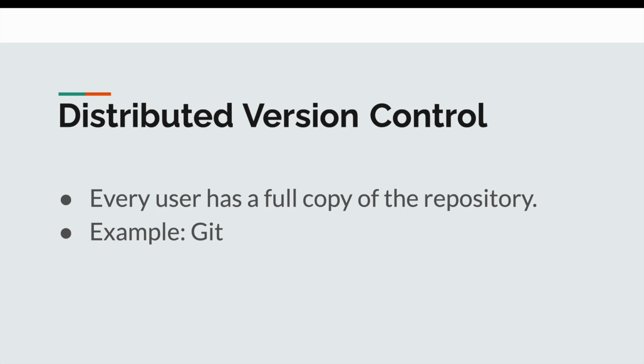Okay, then the third one is distributed version control, which is the most modern and widely used system today. In this system, every user has a complete copy of the repository, including its entire history. Git, for example, is a distributed system that allows for greater flexibility, especially when it comes to branching and merging. This makes it ideal for both individual and team projects. So in this course, we will use Git version control, and we will learn it in depth.